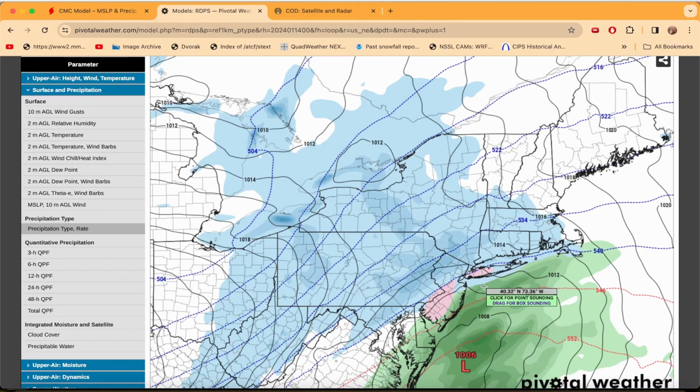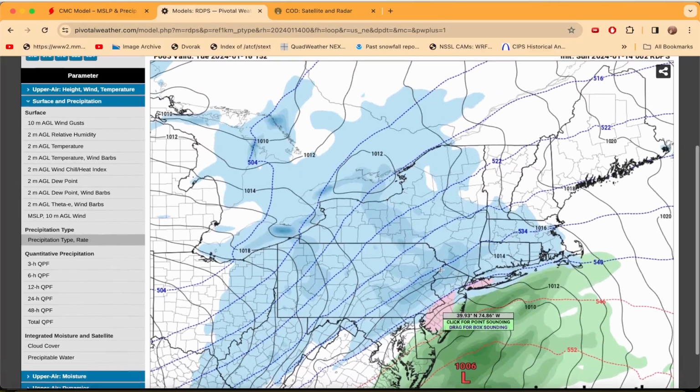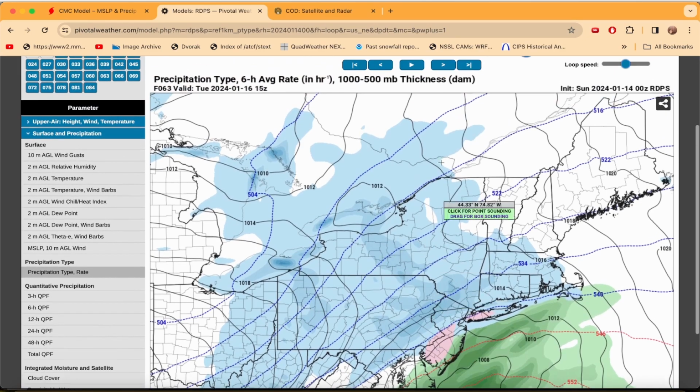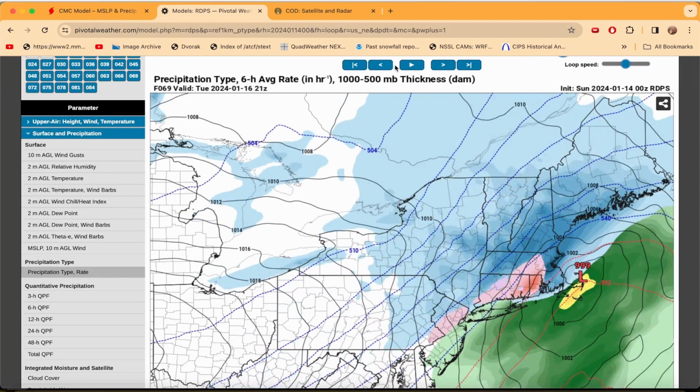Again, this is kind of that overrunning setup here. So mixing issues are definitely on the table, although not as likely up here as further to the south. But mixing issues still on the table, given this setup here. Not quite as big of a problem as we saw down to the south and south central states. But nonetheless, as we move this particular model forward, it is pretty close to the coast, actually,